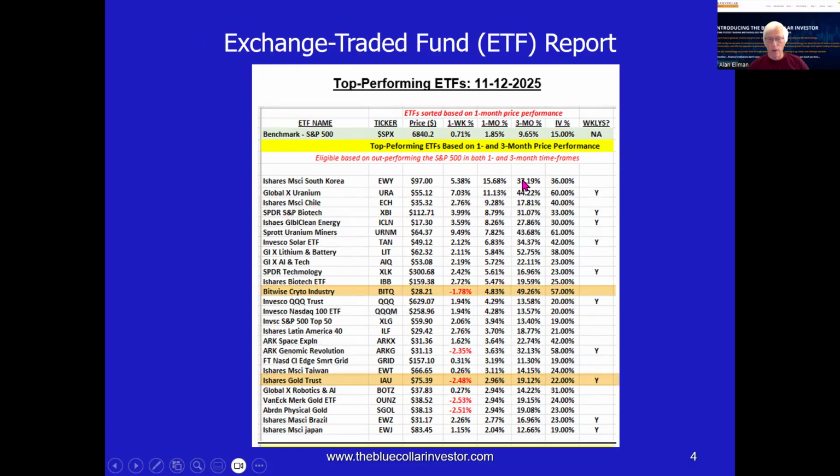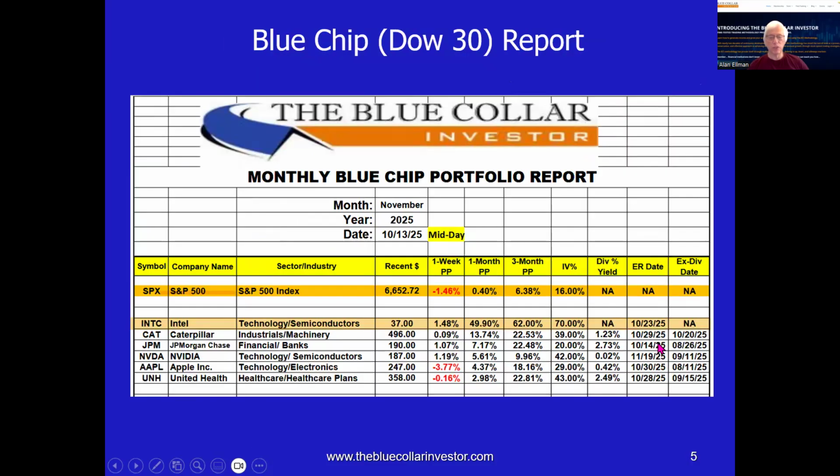Okay, so adequate liquidity, relative price strength very strong, non-leveraged, and we selected BITQ, a Bitcoin ETF, and IAU, which is a gold ETF. So those 2, along with the 3 from the stock report,